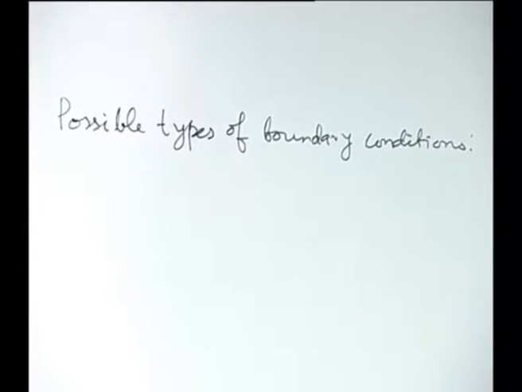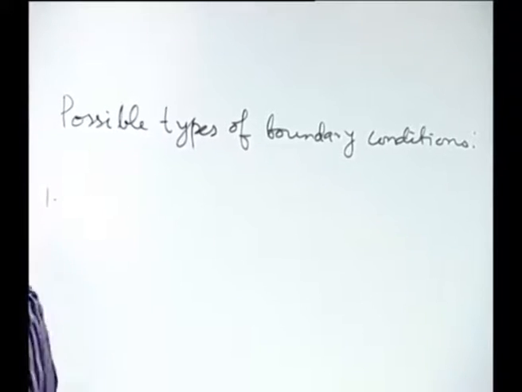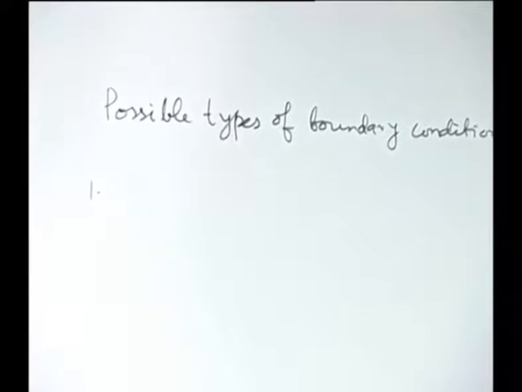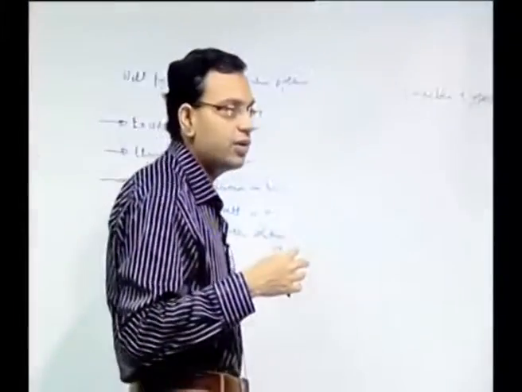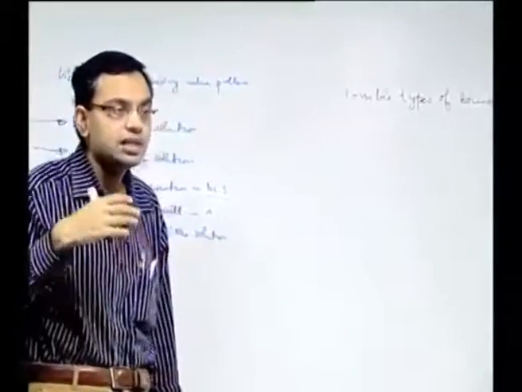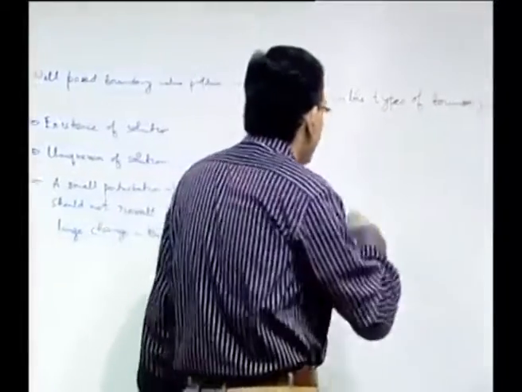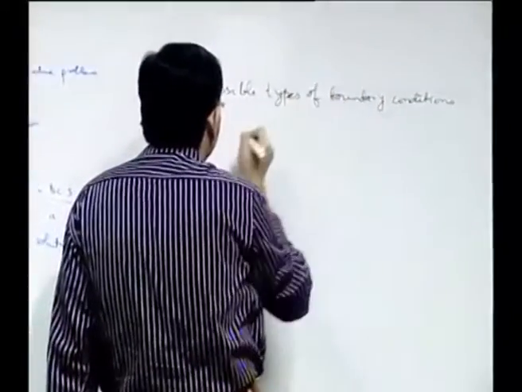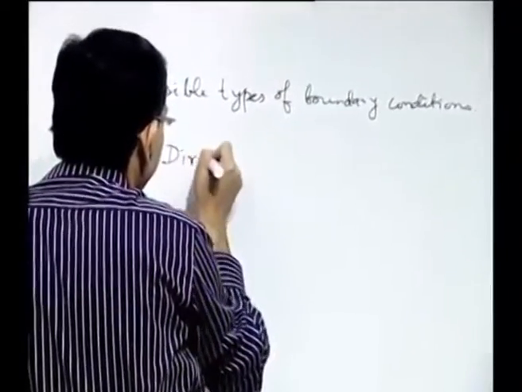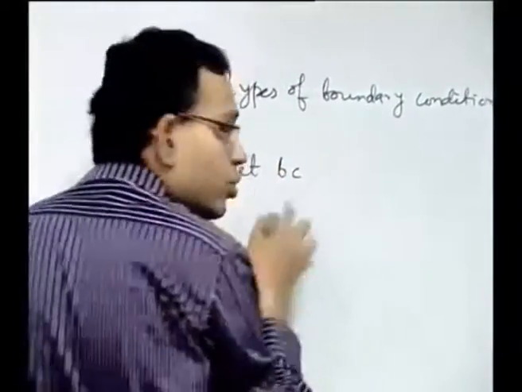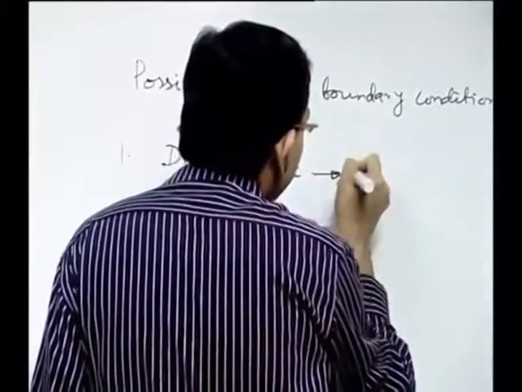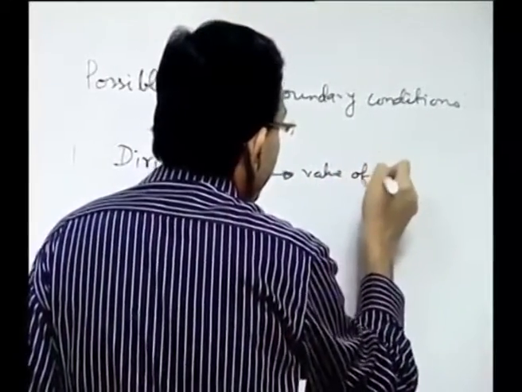Through the variational formulation we have come across two types of boundary conditions, but those are not the only two types, but let us first note down the two types. The first one is the boundary condition where the value of the dependent variable is specified. That in the variational formulation terminology we called an essential boundary condition, and in general we call it a Dirichlet boundary condition. This is equivalent to the essential boundary condition. This means the value of the dependent variable is specified.